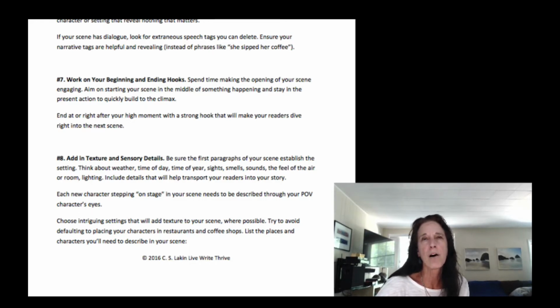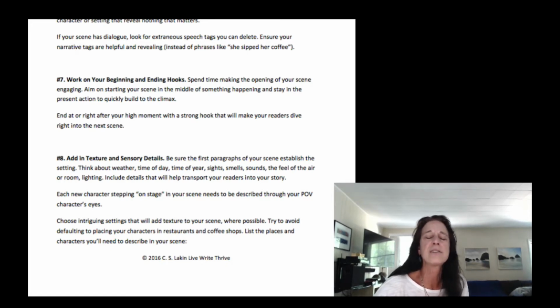So also the time of year is really important, because sometimes I'll read a book for 50 pages, 100 pages. I have no idea where this novel is set. And then the author might say that it's in the deep south. And I'm like, really? And I didn't even know what time of year it was. Is it summer where it's really muggy and hot? Or is it the winter and it's just damp and cold? I mean, are her clothes sticking to the back of her neck?